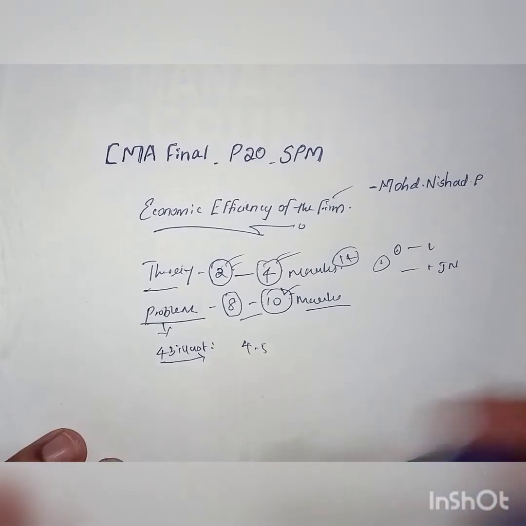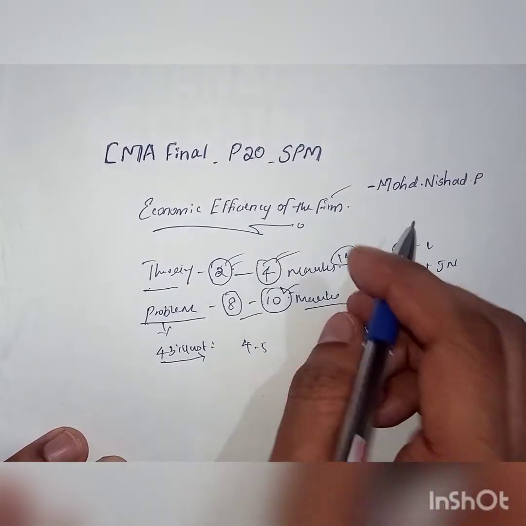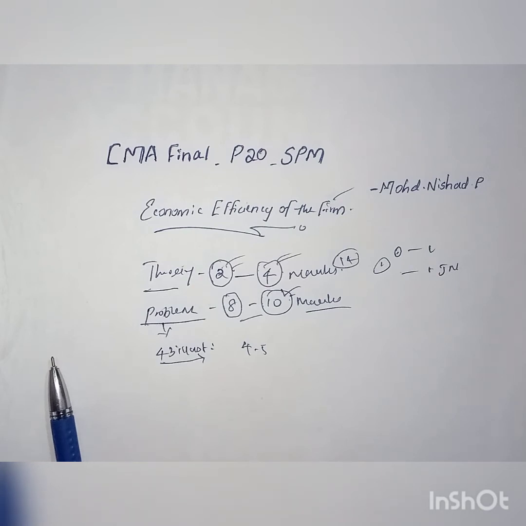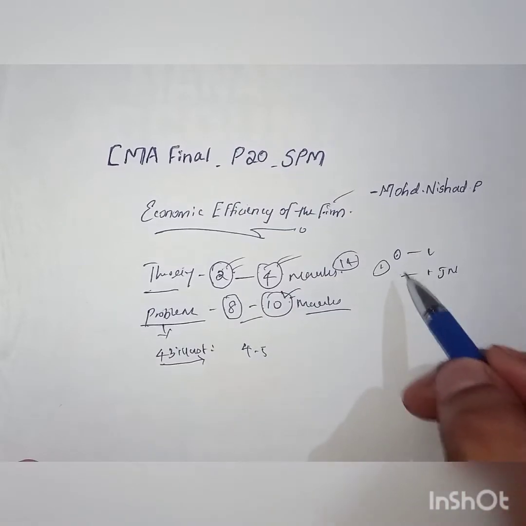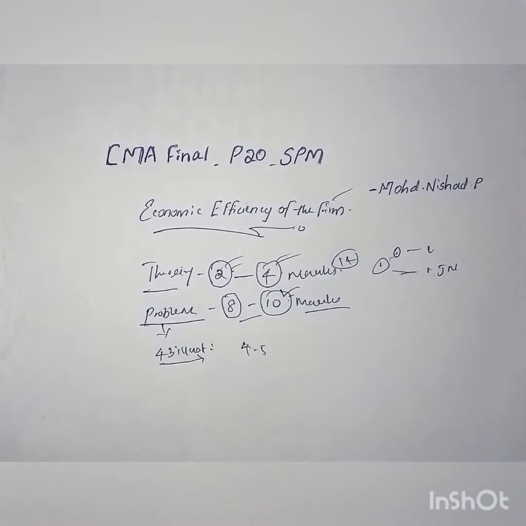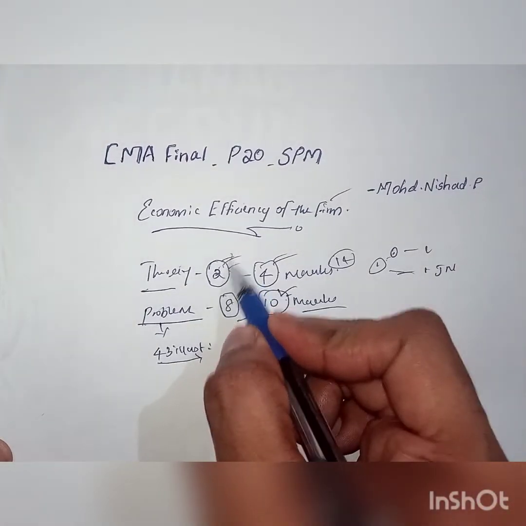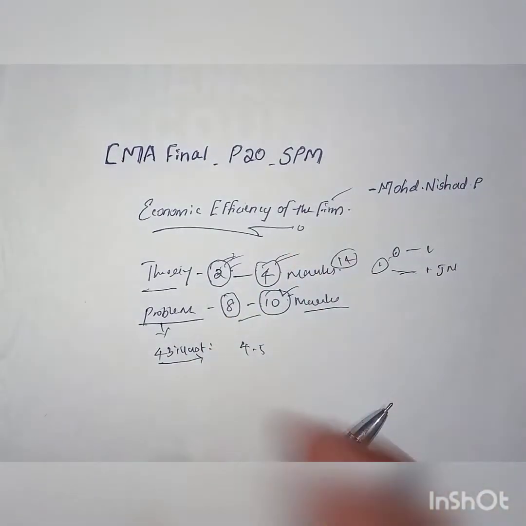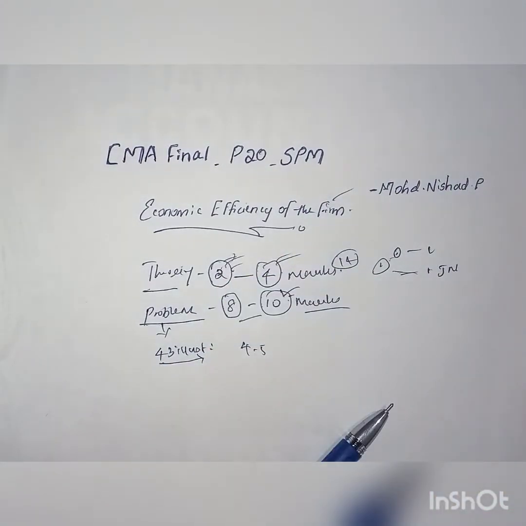Earlier, in the intermediate course, we would get 1 mark for objective questions, but now the system has changed. You will get 1 mark for the right choice and 1 mark for your justification, that is, why you selected that particular choice. So 2 marks will be for one question, and if you get 2 questions it will be 4 marks. That is the maximum we can get in theory, but in some exceptional cases, questions for 4 marks have also been asked.